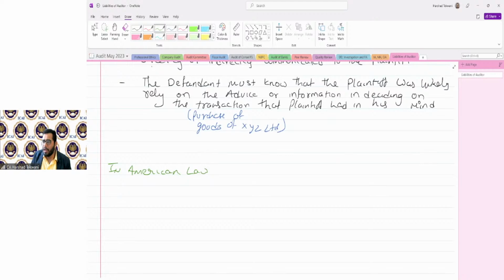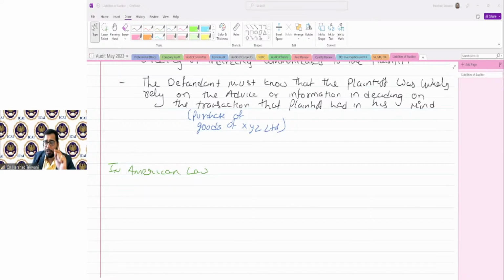In American law, the common liability of the auditor is divided into two categories. Unlike in English, if you see, English law is more onto the precedents and the jurisprudence that is available. But American law is pretty much well defined. It's more codified. Okay. So in the American scenario, the common liability of the auditor is divided into two parts, with two classes basically,